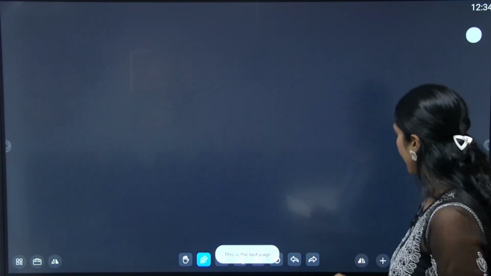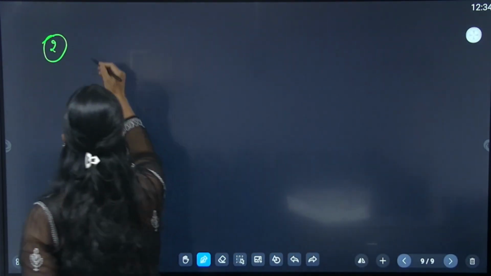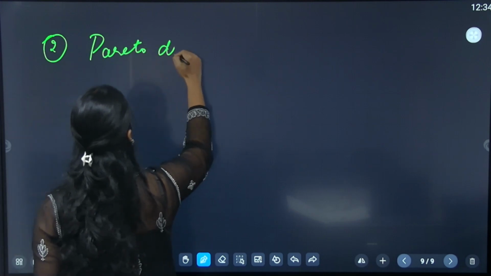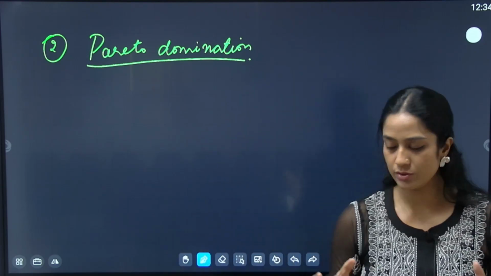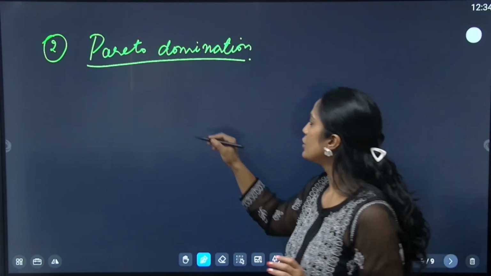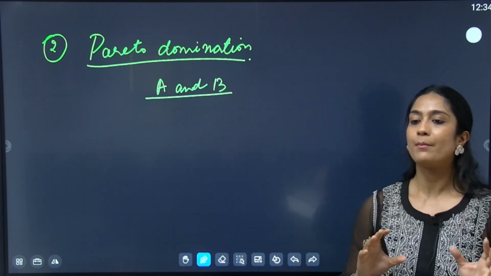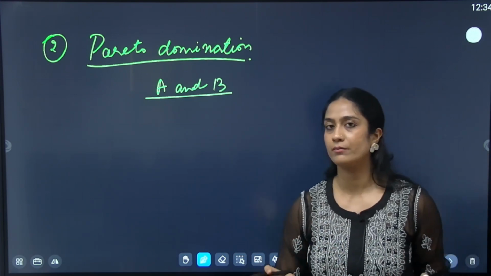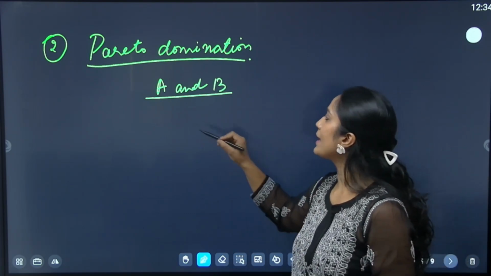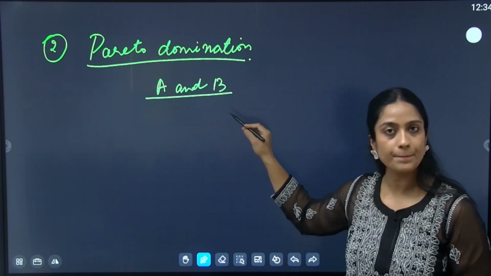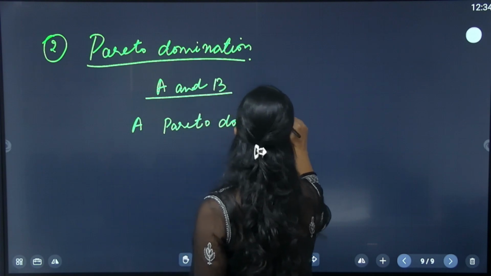Now let us talk about the second definition. This is what is called Pareto domination. So what is the concept of Pareto domination? Suppose A and B are two feasible bundles, right? From now on we will focus on bundles that are feasible, that exhaust the available resources of both X and Y. So now suppose A and B are two feasible allocations. Then we say that A Pareto dominates B if